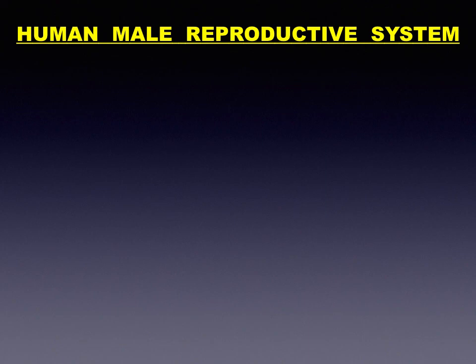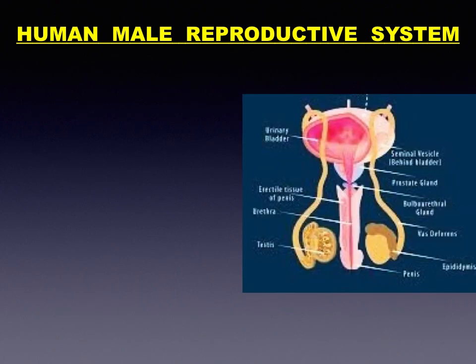The male system consists of gonads called testes, a series of ducts: epididymis, vas deferens, ejaculatory duct and urethra. This serves to transport spermatozoa to the female reproductive tract, and accessory sex glands like seminal vesicles, prostate and